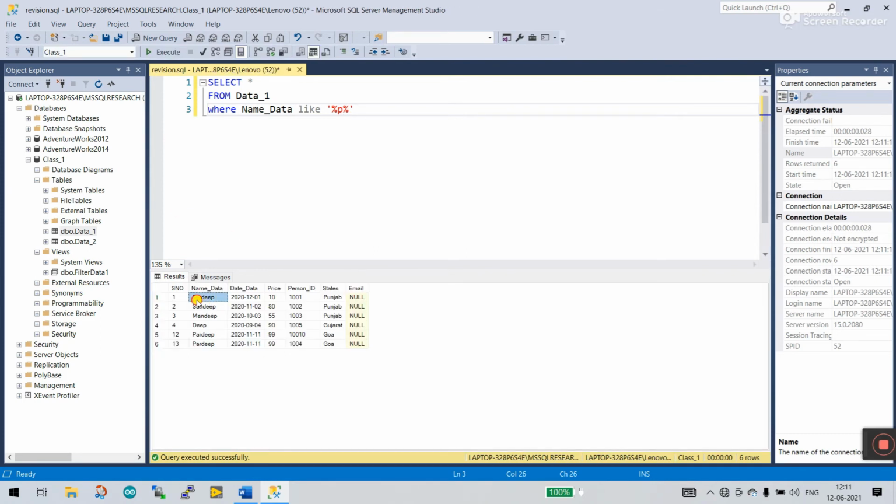And you see in Pradeep there is a P. So %p% means everywhere in the name where there is a P, that is shown. Now I enter S here and execute. And you see Sandeep has S, Jasveer has S, Saroj has, and Isha has. That's why it's very useful: % and you need to enter a character and then %. There are lots of functions about LIKE, but they are not used much in data logging.